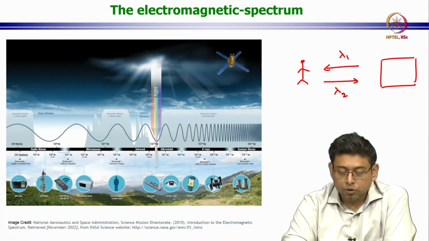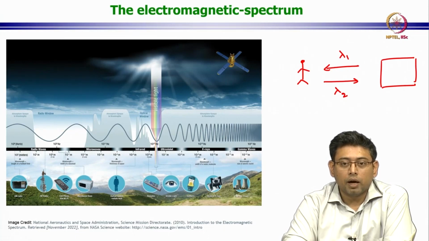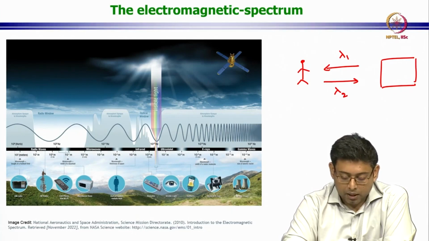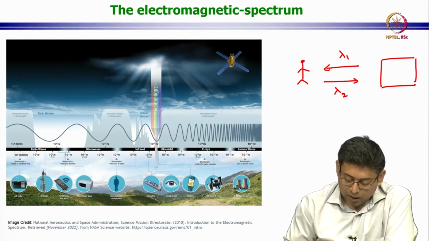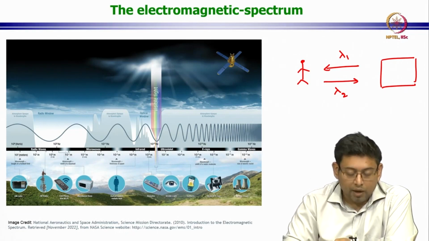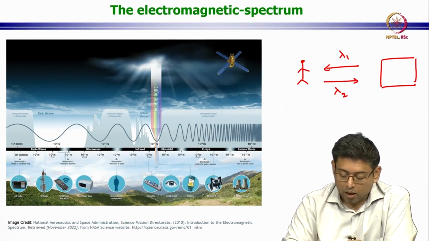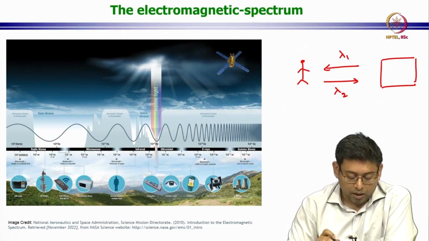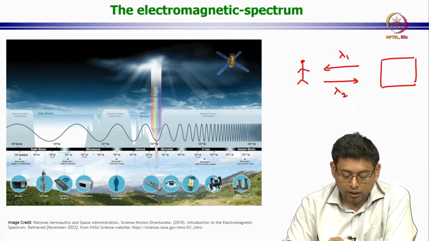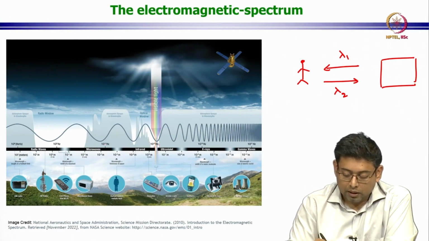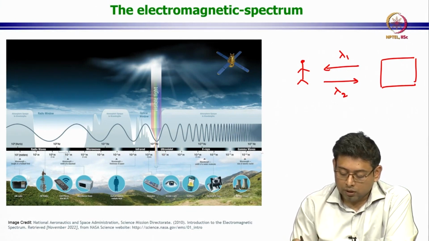Now, visible light is nothing but a part of the electromagnetic spectrum. This is an image that I have taken from this website, and it shows very beautifully the distribution of the different wavelengths of the electromagnetic spectrum. On the left you have radio waves, then microwaves, then the infrared, and then here you have the visible spectrum. Then it goes into shorter and shorter wavelengths towards the right, where you have the ultraviolet, X-ray, and gamma